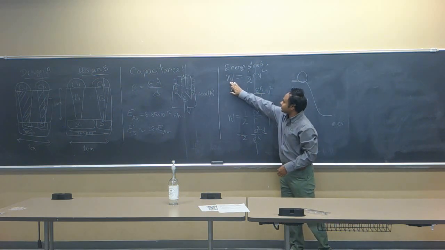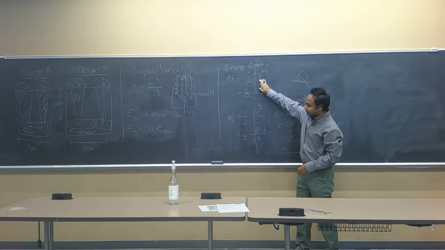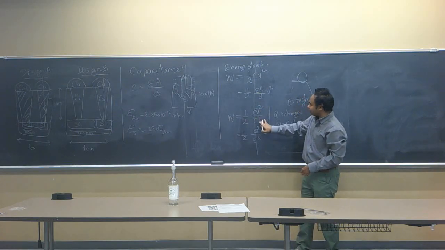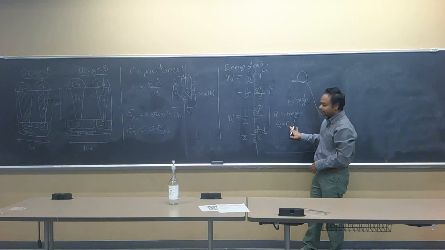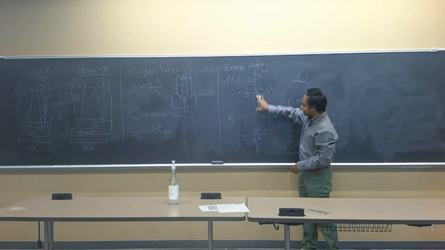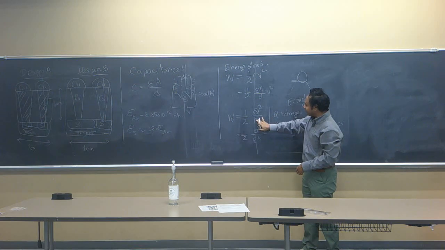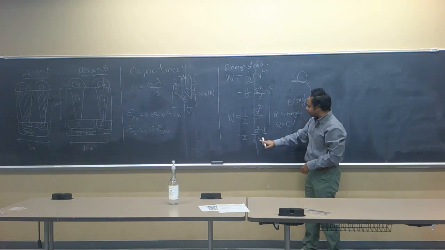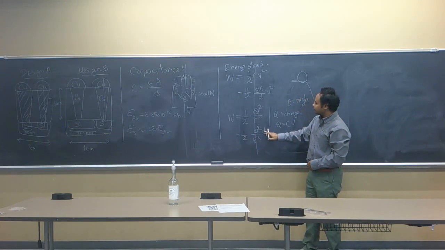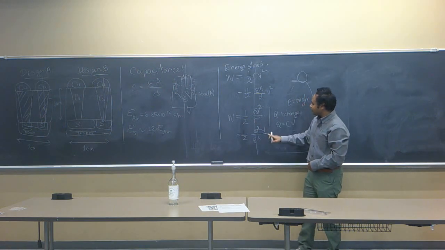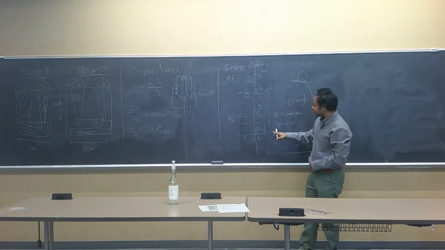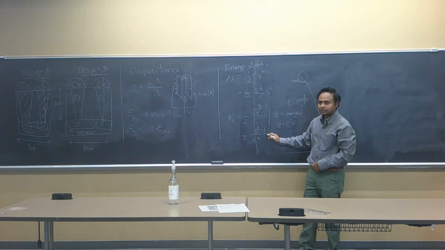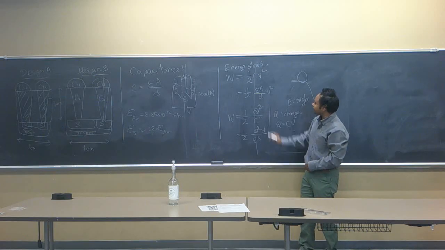So I got two different expressions. W is equal to half CV square. W is equal to half of Q square by C. Both are the same expression, because if you just plug in the value of Q as CV, you will get the other one. So they are the same equations. And then I plug in the value of capacitance, and I get the following expression: W is equal to half of Q square D by epsilon A. So if I want to minimize the energy, should I reduce the distance or should I increase the distance? Reduce.